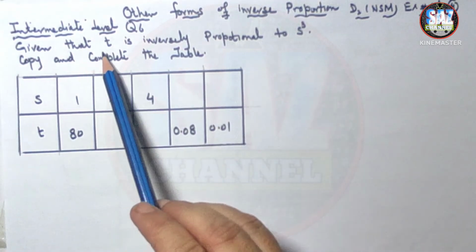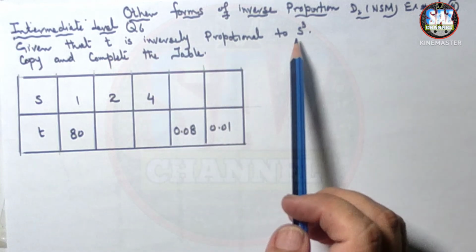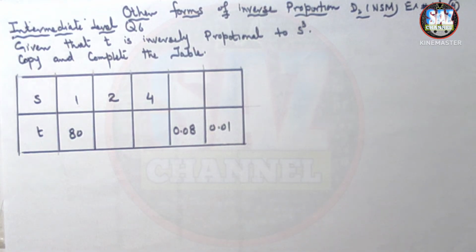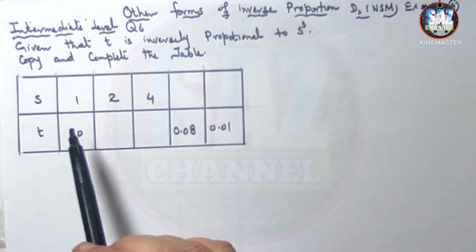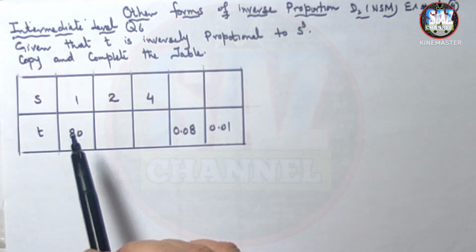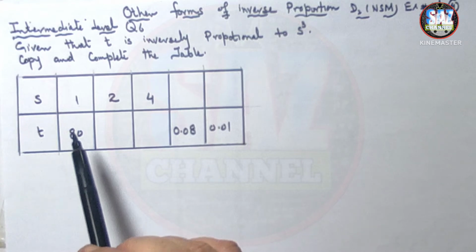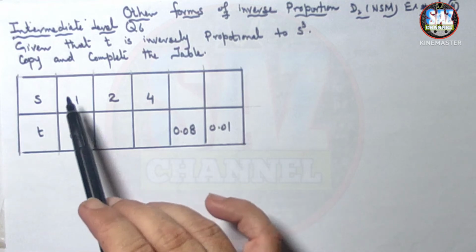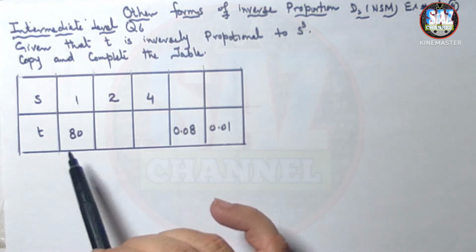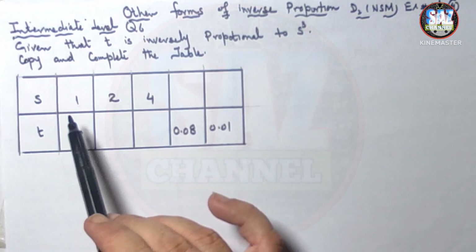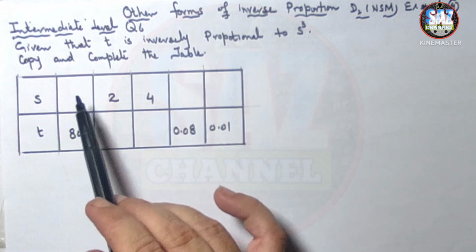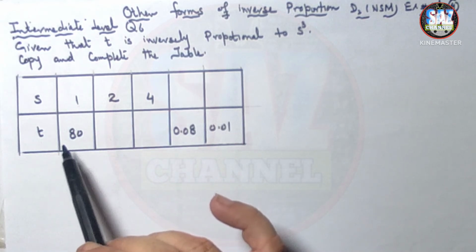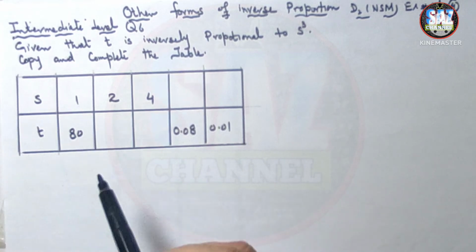First of all, we have to find the relationship between t and s cube, as they are inversely proportional to each other. So let's begin the solution, students, and recall my previous lesson. We know that in order to find the constant of variation with the help of a table, there must be one place in the table where both the values of the two variables involved in the question are given. They will be helping us in finding k, the constant of variation. So in this table, the very first point, s equals 1 and t equals 80, will be used for finding k, which is the constant of variation,